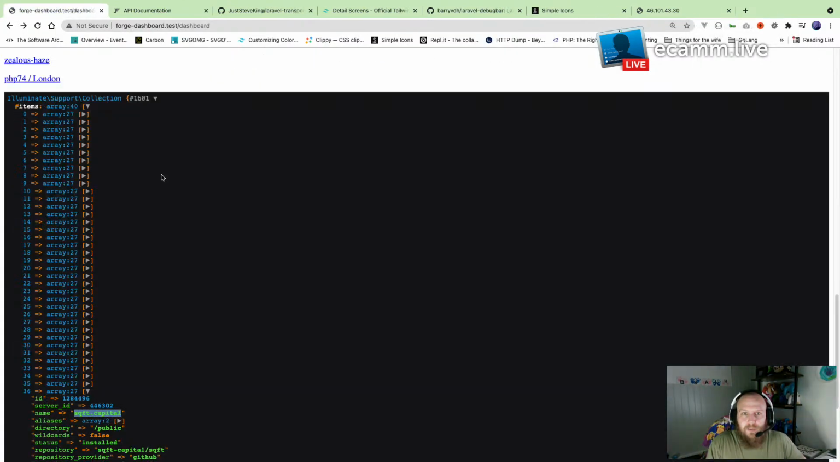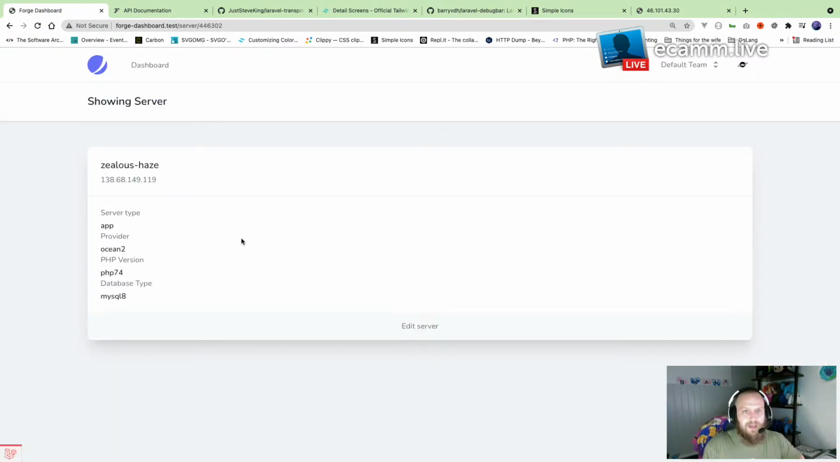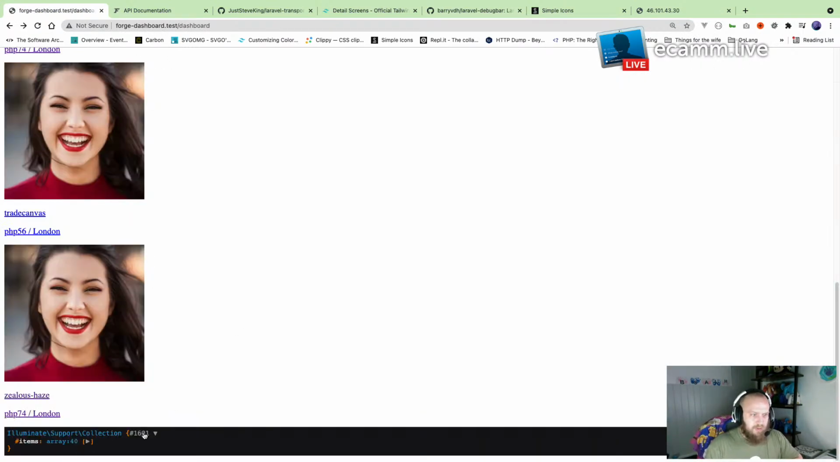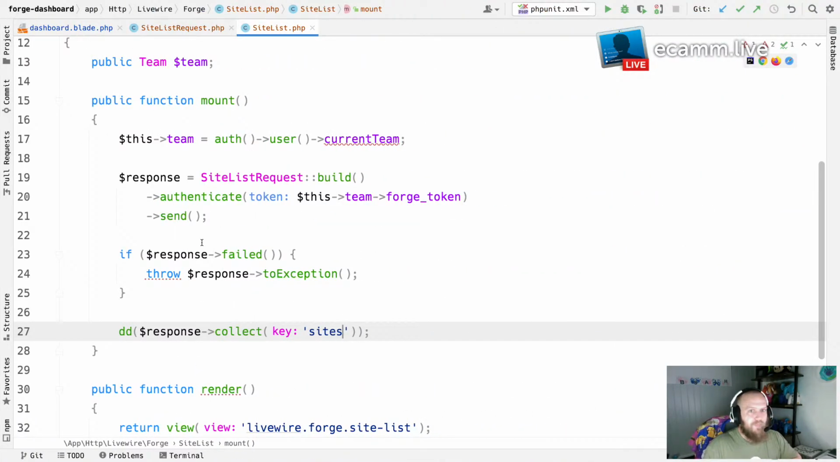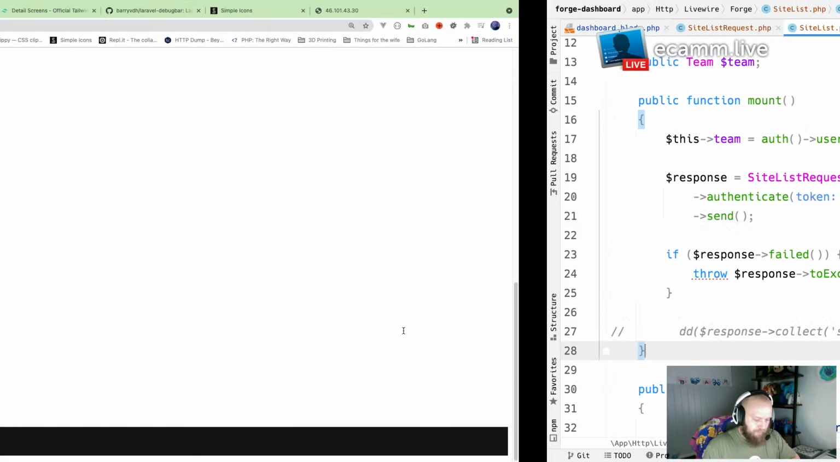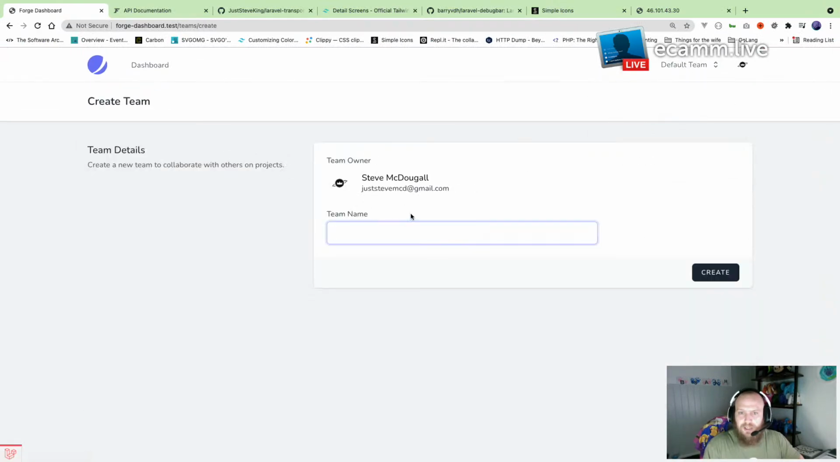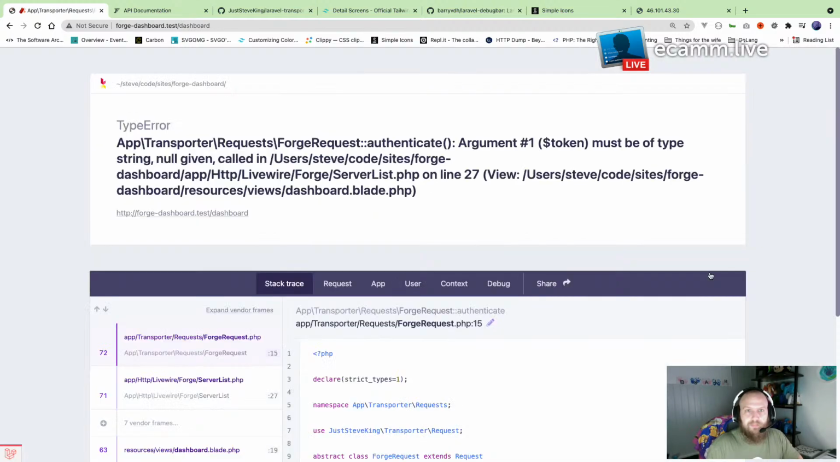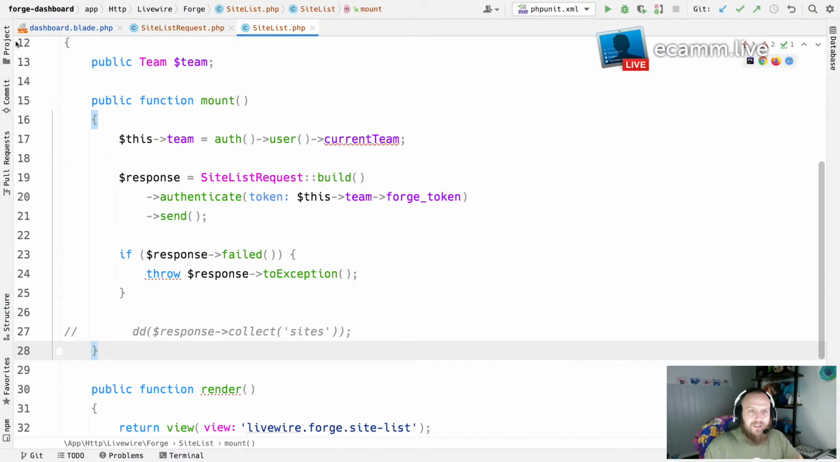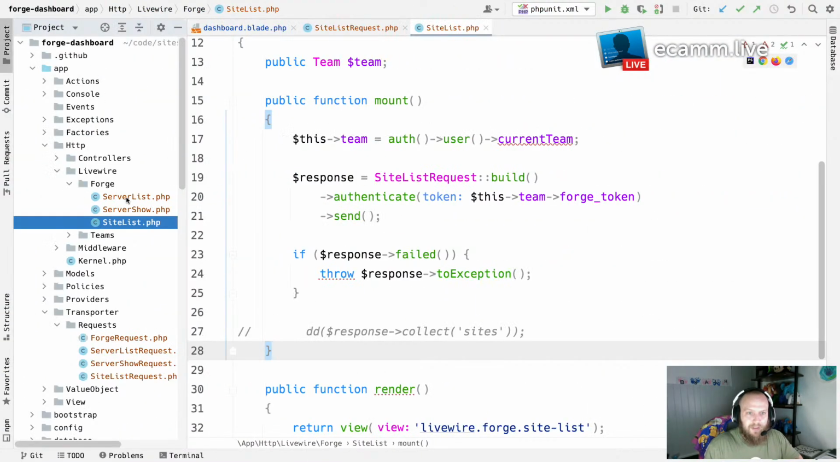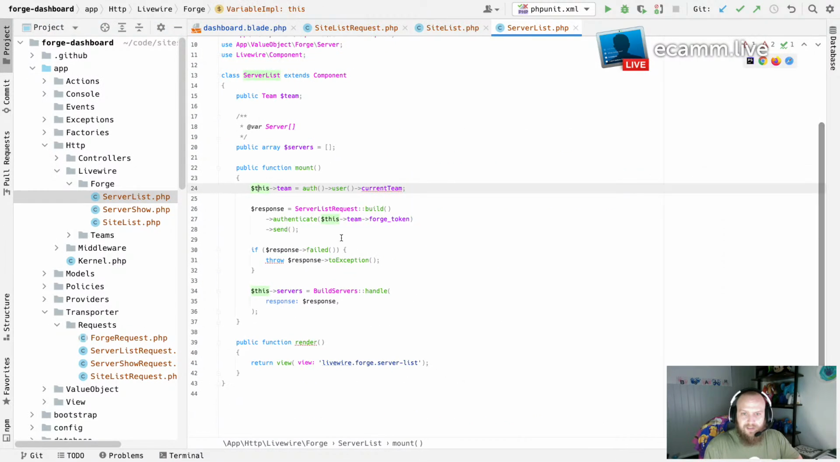Nice and simple. It works. So that is a site from our account, the circle that I am in. And if I just refresh this, if I create a new team, and we're going to call this one no team. There we go. So basically what that's showing me I need to do now is in my server list is